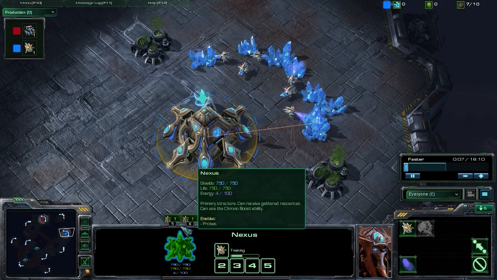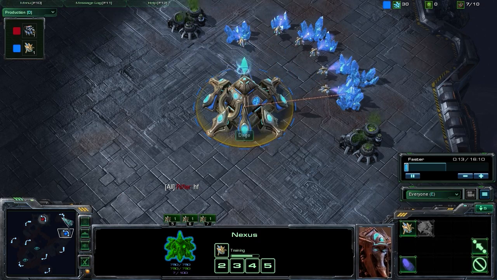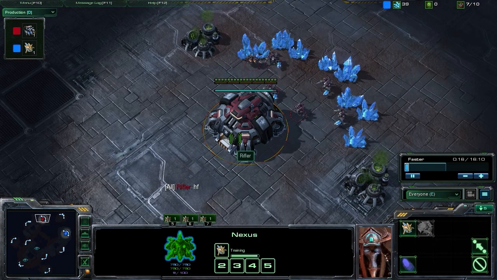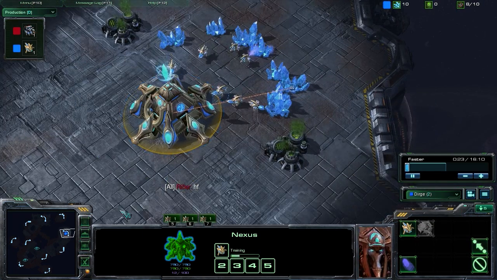Today we're going to be taking a look at a Protoss strategy. In this particular strategy replay, our Protoss player is Dirge, and our Terran opponent is Rifler. What we're specifically looking at today, again, this is a Protoss strategy, is